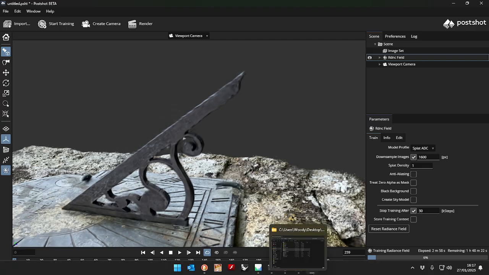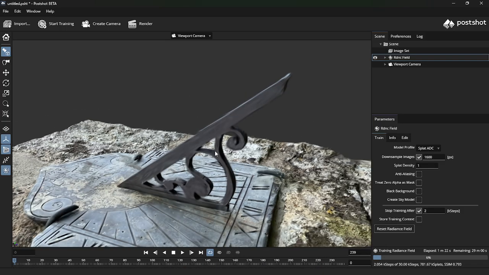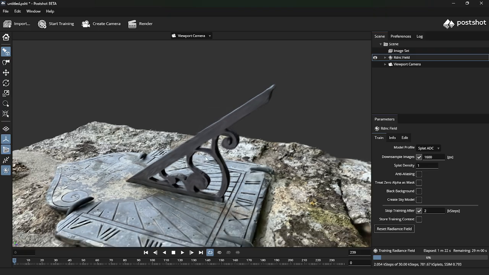Because if you don't have it, it will still work as long as there's enough points there for it to just start cracking on with it. It will work, but it's just taking a lot longer, and where you have missing information, it's just going to take a lot longer to solve that,